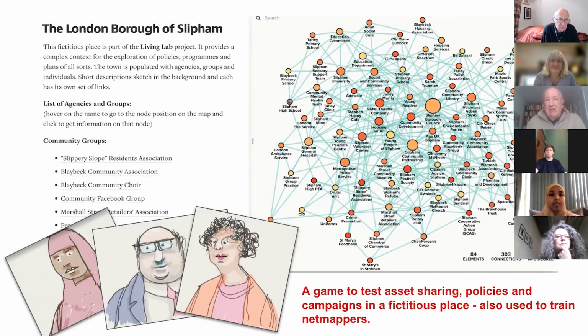But eventually we thought, we're doing this every time we hold a workshop like that. Why don't we invent a fictitious place that people can buy into, and then we can explore that. So the London Borough of Slip'em, which you may or may not have heard of, illustrates the connections between umpteen different organizations, community groups, key individuals operating in that area.